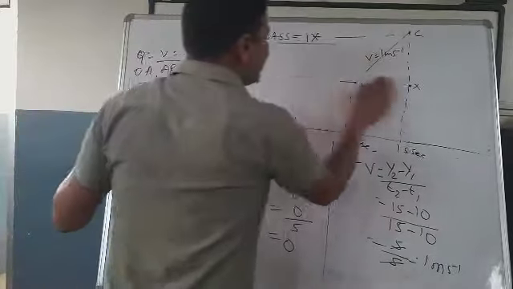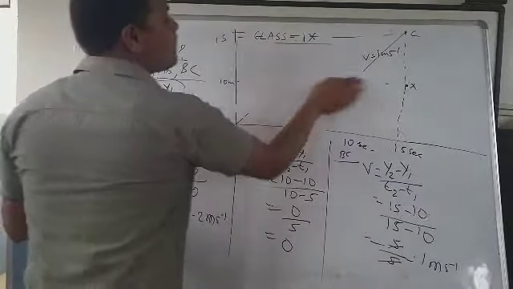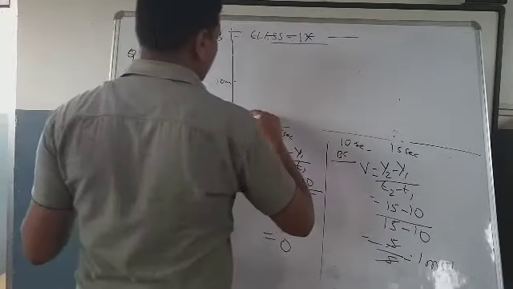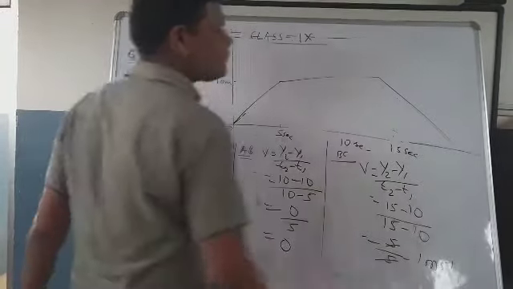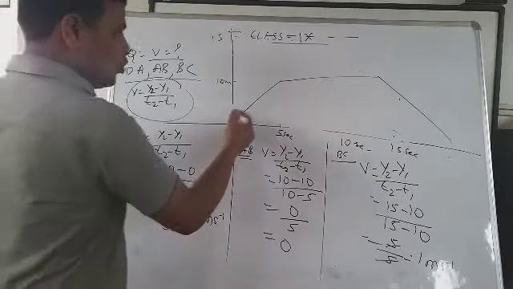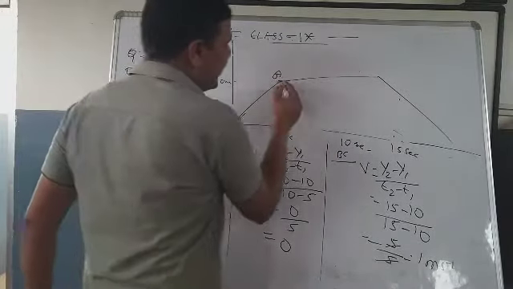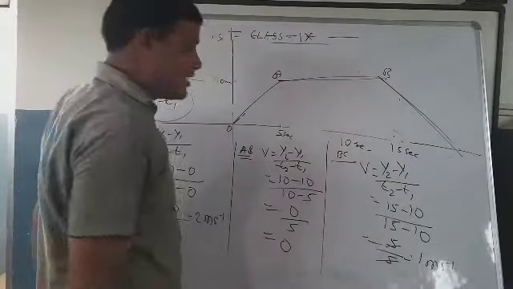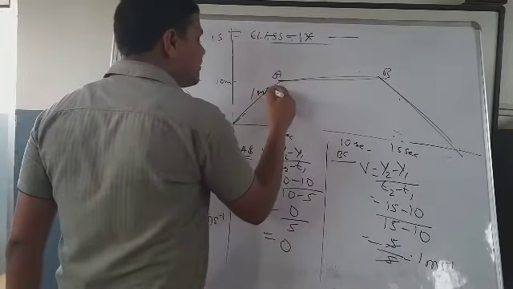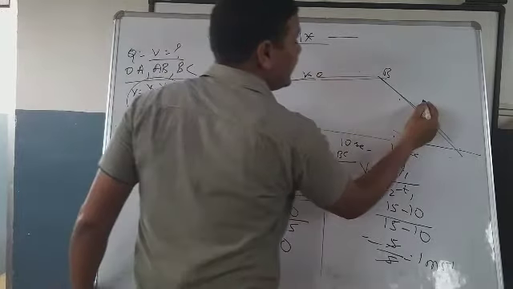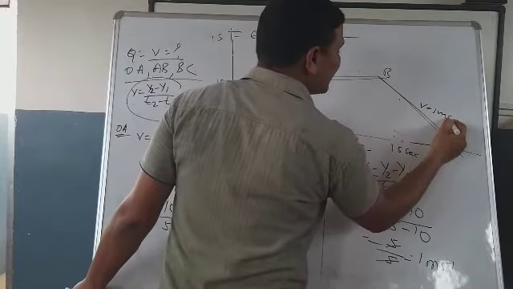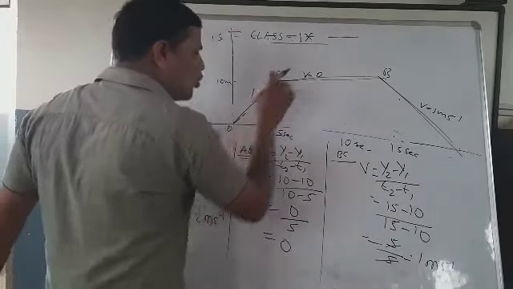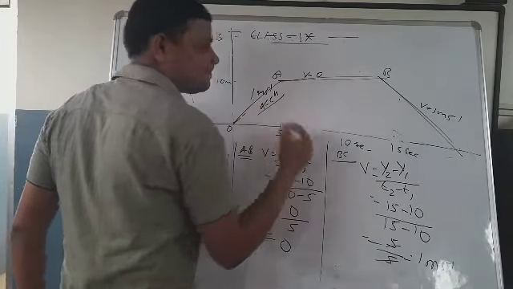See, this figure can be changed. Sometimes, what did they used to do? They used to make the graph like this. Now what do you have to take? O to A, same case. A to B, same case. And B to C, same case. Suppose that here we are getting 1 meter per second, here we are getting 0, here we will get 1 meter per second. But be careful that while going O to A, it is acceleration.